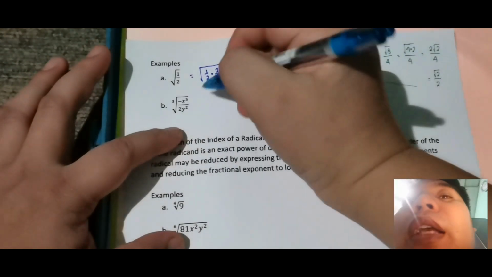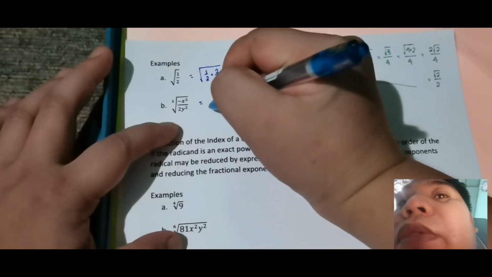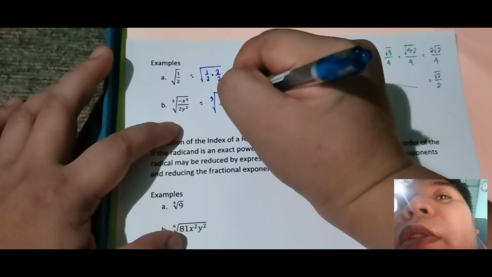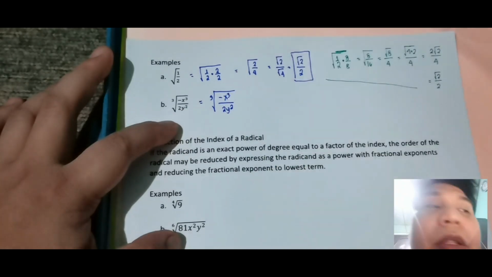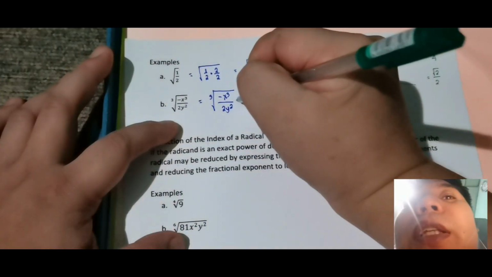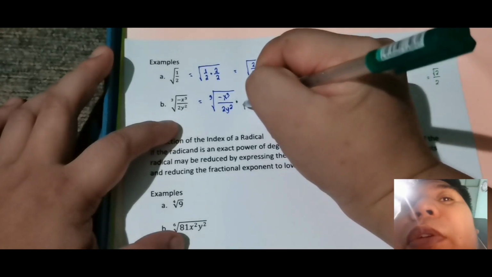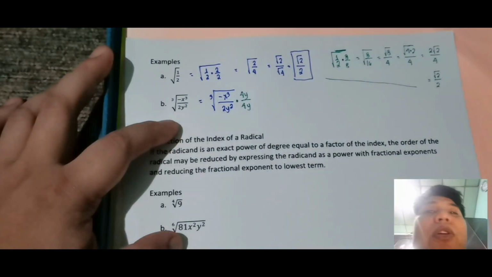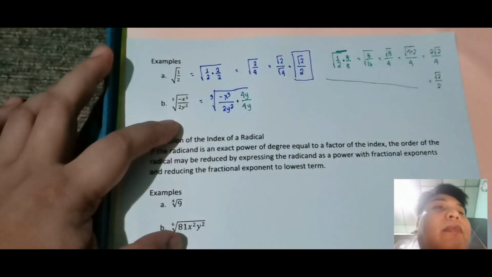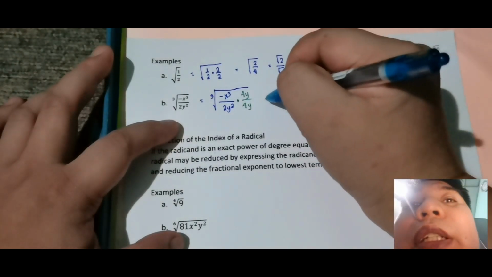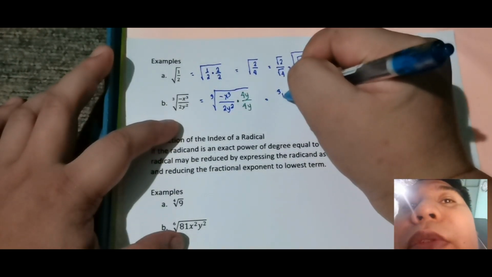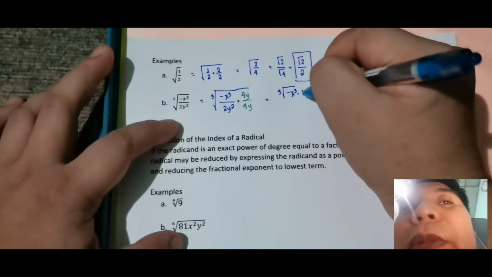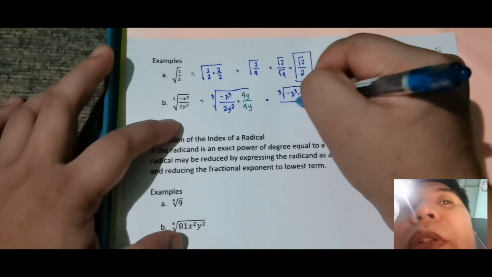Ano yung gagawin ni sir? Ang gagawin ni sir, this is equivalent sa cube root of negative x cube over 2y squared. Ngayon, saan ko siya imumultiply? Sir, una po sa 4, tapos y. Then sa taas din, 4, then y. So, 4y yung pinang-multiply ko. Simplify further: cube root of negative x cube times 4y, all over